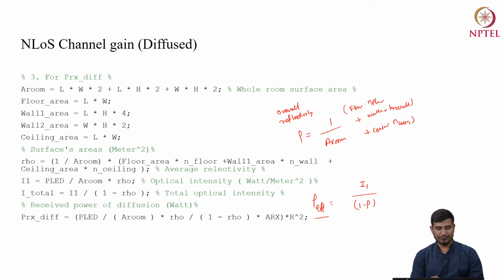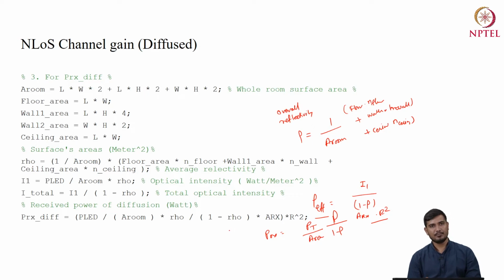So again, if you have this overall reflectivity available, your received power will be nothing but the transmit power divided by the room area, multiplied with rho, 1 minus rho, and again you need to multiply with the area of the room and the respective distances square. So what is the benefit with the VLC channel modulation? It is not random in